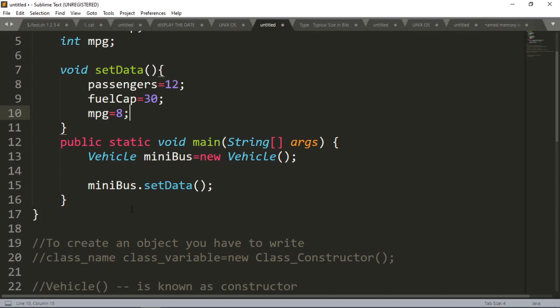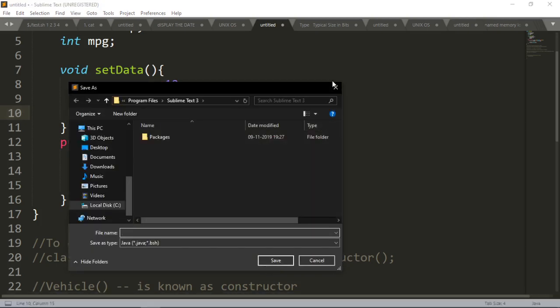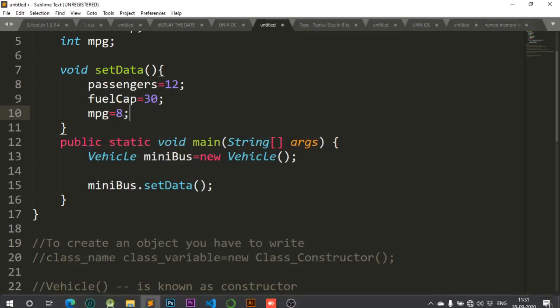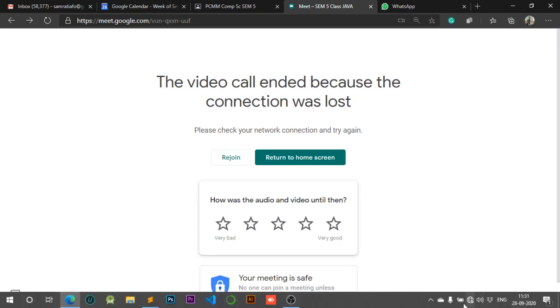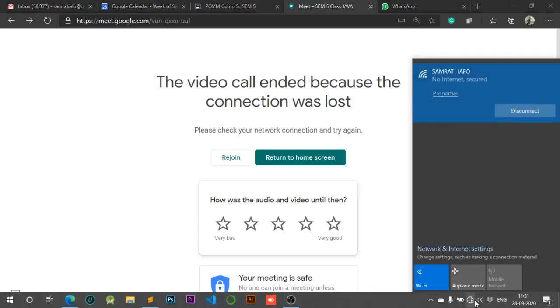Okay, so I will show you, just a moment, I have to check whether my internet is working or not. I think my internet is not working. Let me check first. Yes, my internet is not working, and that's why. Let me turn on my Wi-Fi.